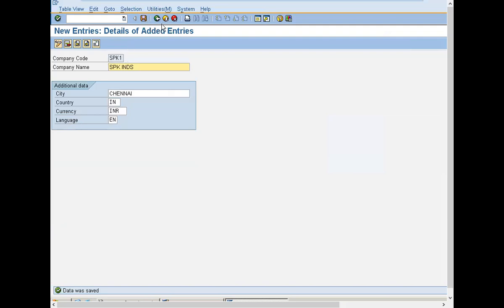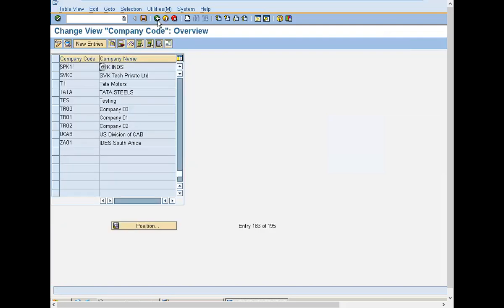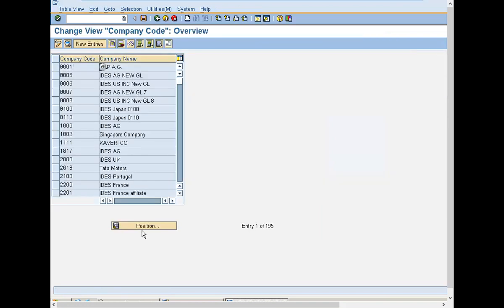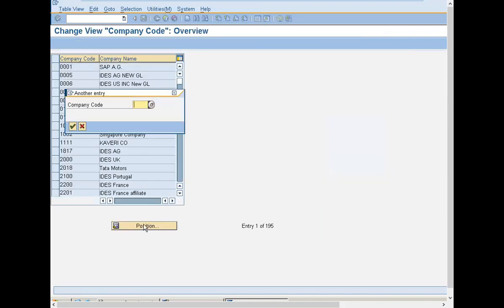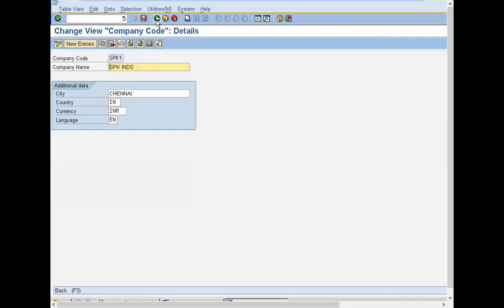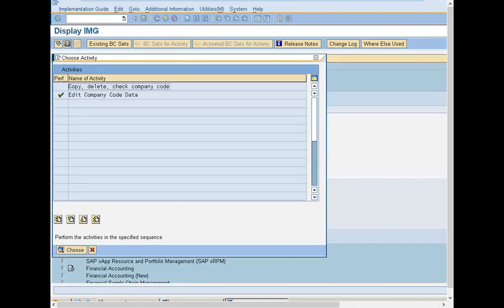Now come back. So I have created the SPK1 company code. If you want to see it again, double click onto edit company code data. Go to position, click onto position, SPK1. You can double click and you can see. Come back. Press escape or click onto this close button.